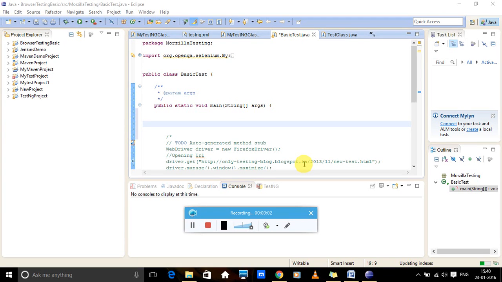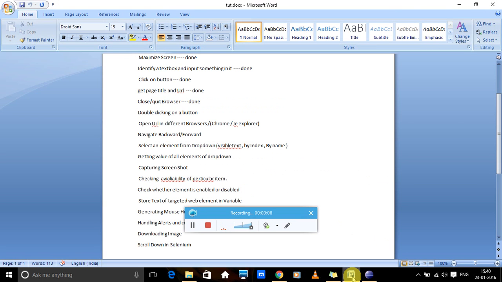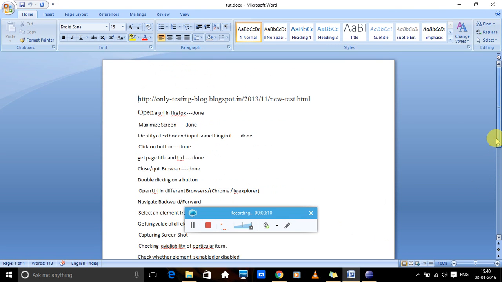I will teach you about the basic operations using Selenium WebDriver. So the agenda for today's session is that I will open a URL in Firefox, maximize the screen, identify a textbox and input something in it, click on some button, get the page URL, close the browser, double click a button, open a URL in different browsers such as Chrome and IE, navigate forward and backward,